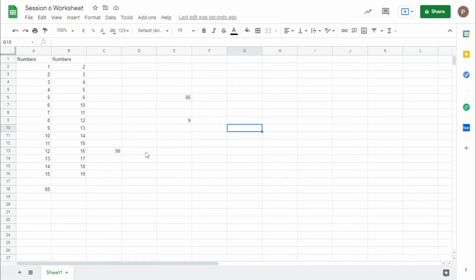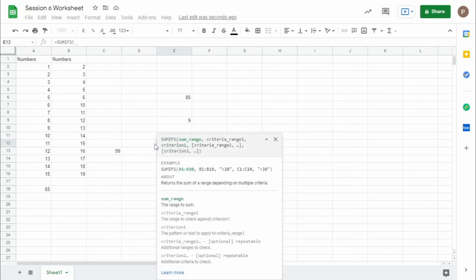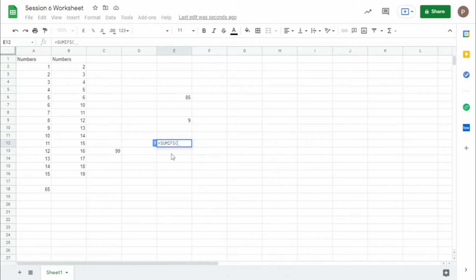After COUNTIFS and IFS, next you can even do SUMIFS. So for this we might need some more arrays.